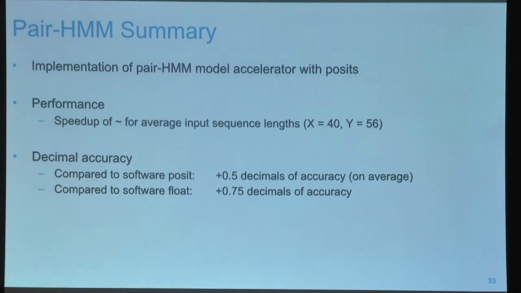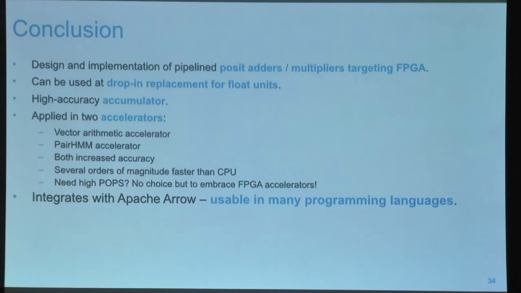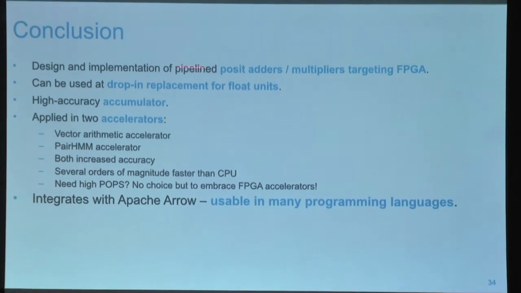We get very good speed ups. I think some number sort of got lost there. On average we get about 0.75 decimals of extra accuracy over floats, and 0.5 over the software emulation libraries without the quire. All right, so to conclude this presentation, we have created the design and implementation of pipelined